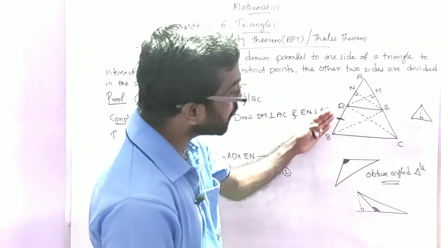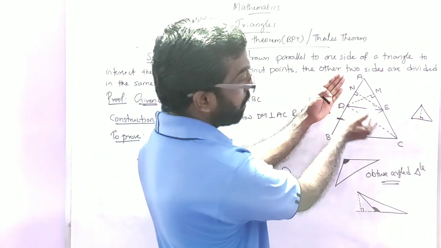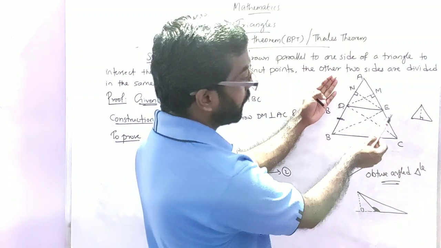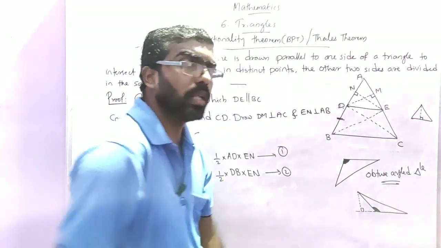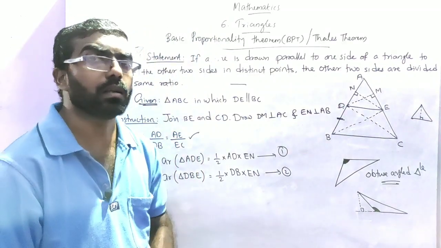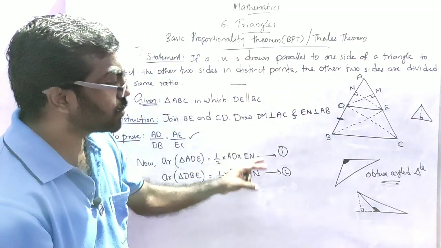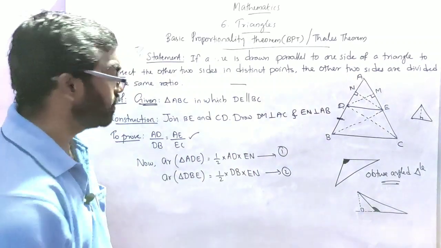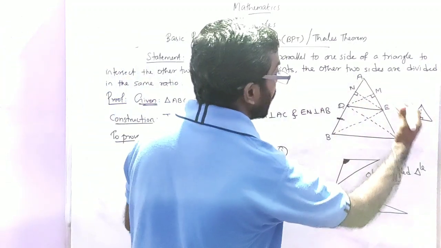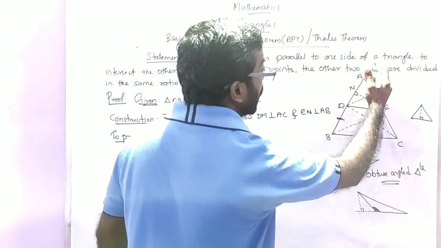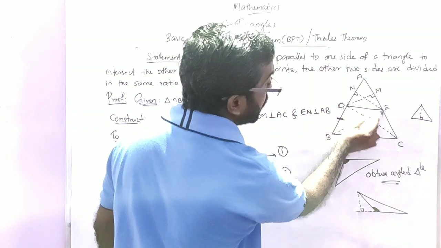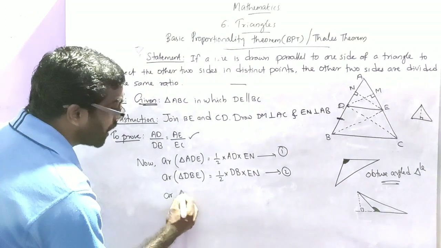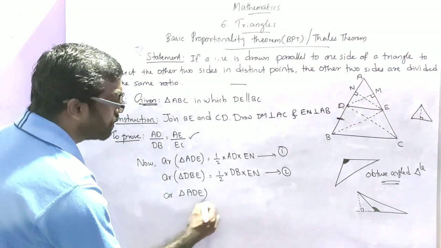Here we consider DB as the base and the perpendicular upon the side DB is what? EN. The perpendicular in the direction of the base is EN. That is why I write EN. Okay. That means for the first two cases, the perpendicular remains the same, EN. Now we move on to the next part. That means the right part, and we are going to take the triangles with AE as the base and EC as the base.